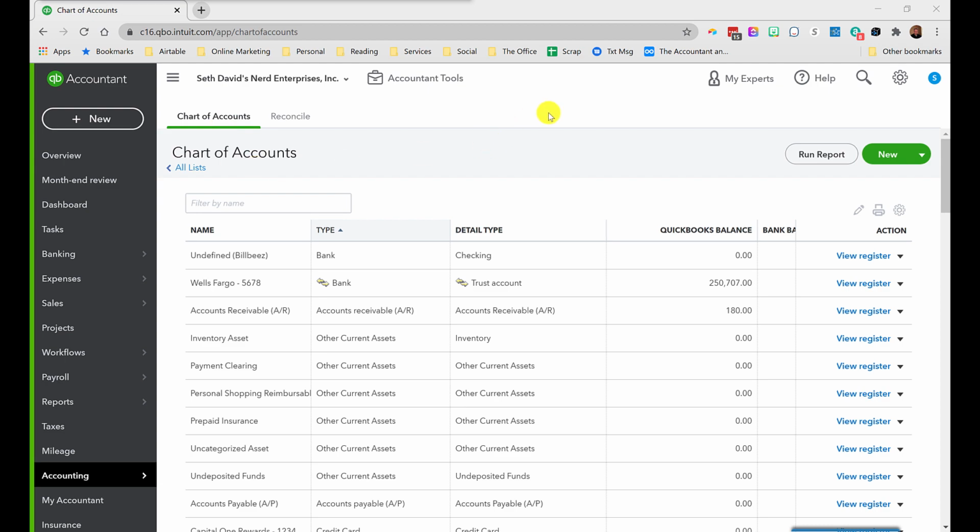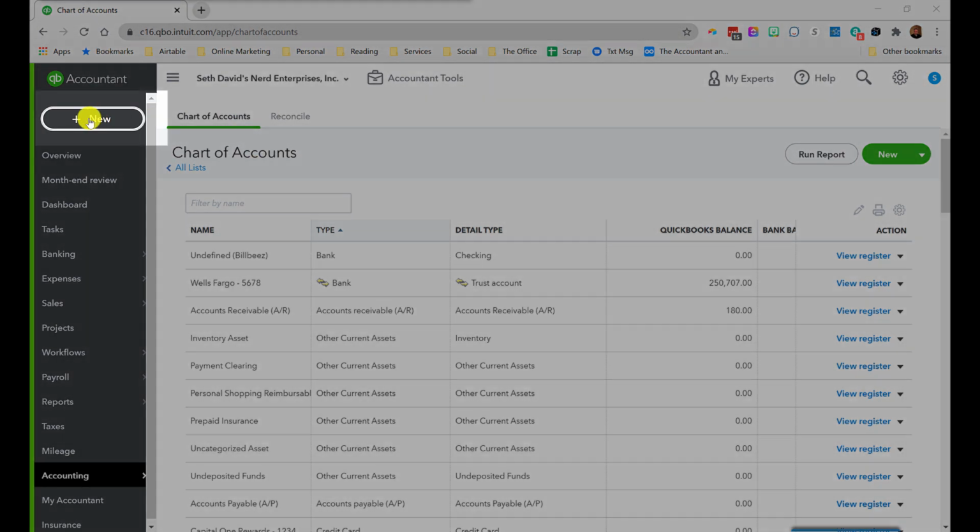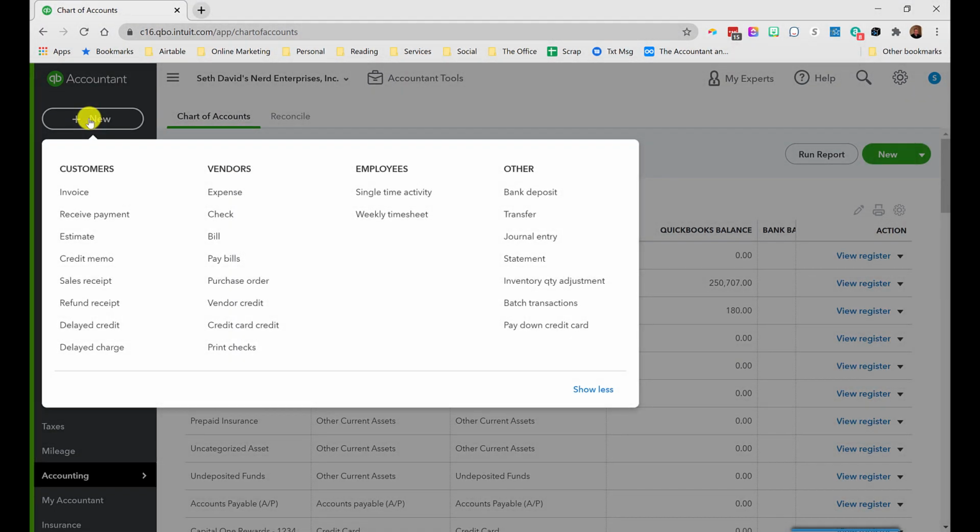Next, I want to talk about what's called the Quick Create. This button here that says plus new is where you will go, and as you can guess by the name Quick Create, it's where you can go to quickly create any kind of transaction. As you can see, it's nicely organized in terms of the areas. So if it's a transaction that has to do with a customer, like an invoice or receiving a payment on the invoice, or I want to create an estimate, credit memo, and so on, all of that is right here